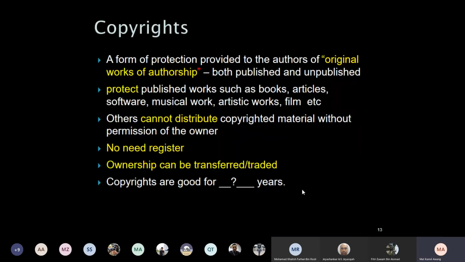When you receive that registered letter, you don't open it. You keep it. So when there is infringement by somebody of that copyright, you can use that source code that you sent to yourself in a sealed envelope in the court to prove that that is yours. That is the poor man's way of doing the copyright protection.